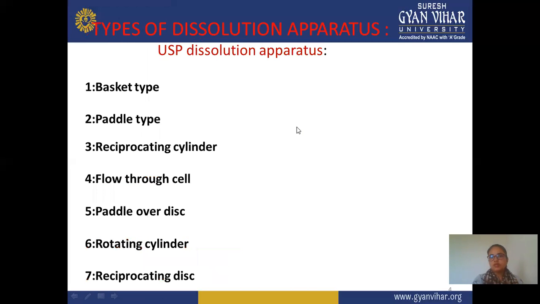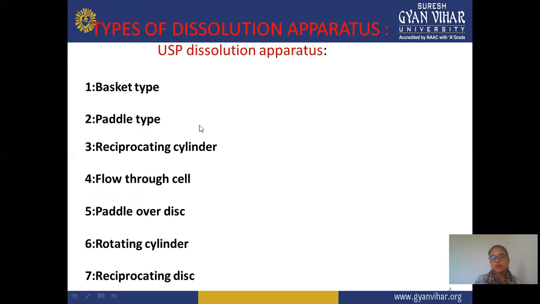Now, types of dissolution apparatus according to USP. We will discuss these one by one. First is the basket type, second is paddle, third is reciprocating cylinder, fourth is flow through cell, fifth is paddle over disc, sixth is rotating cylinder, and seventh is reciprocating disc. We will discuss these seven types of apparatus one by one in the next slides, and we cover only these USP